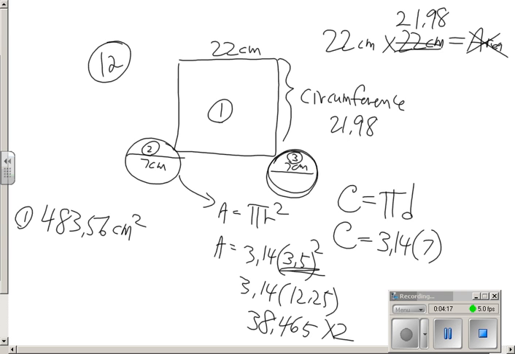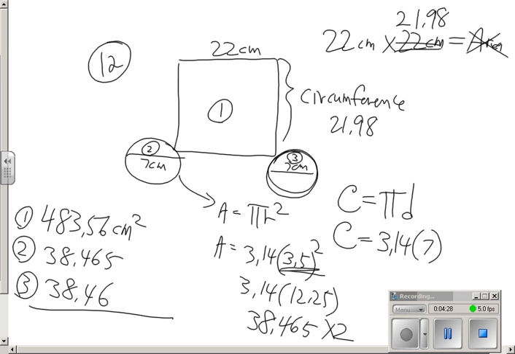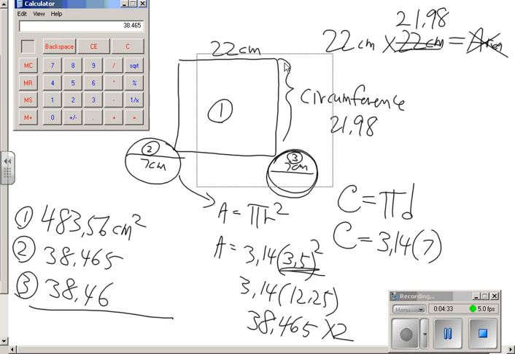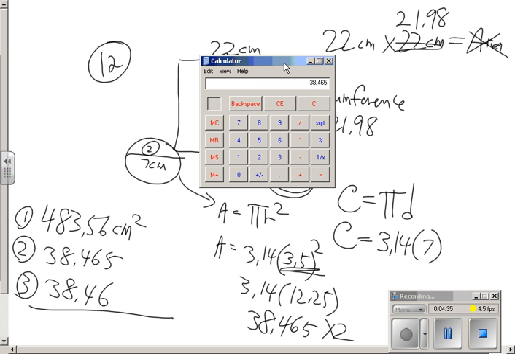38.465 and 38.465, which if I add those all together, all right, let's go back and do it now. I got one of them already, plus 38.465 plus 483.56 equals 615.93,